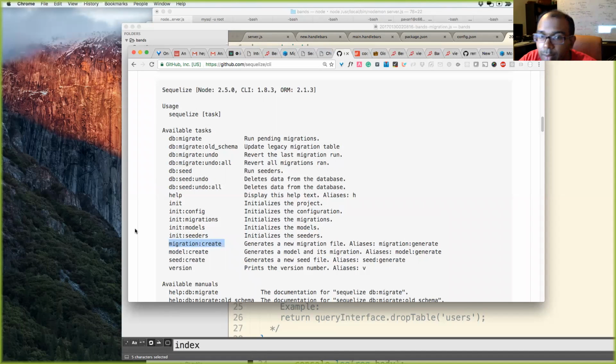Otherwise, they won't get them. Otherwise, they have to ask you, what changes did you make to the database? And they would have to go manually into their database and modify their database, right? Which doesn't sound like that bad when it's one table. Well, let's say there's like 20 or 30 tables. It becomes a pain. And let's say there's thousands of developers. Then it's basically impossible.